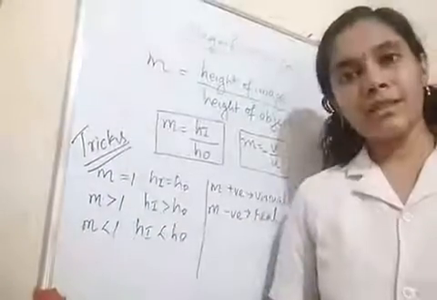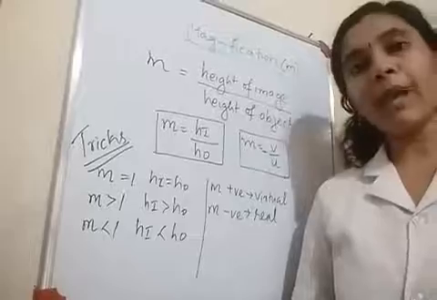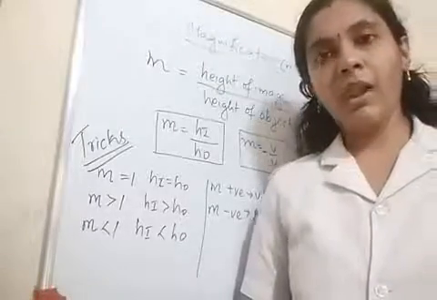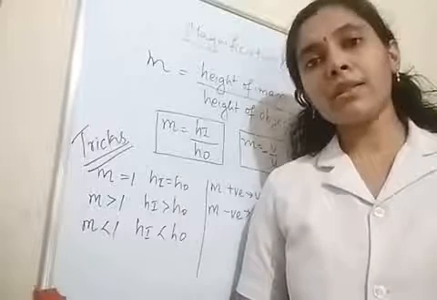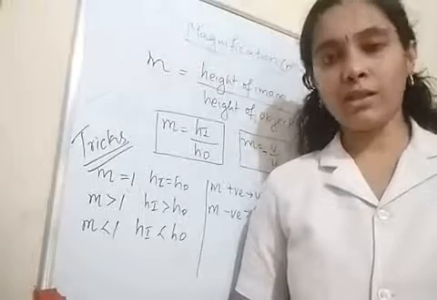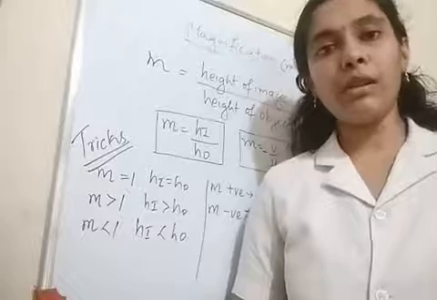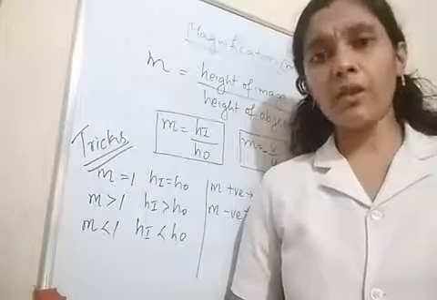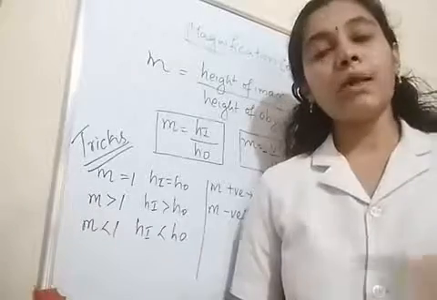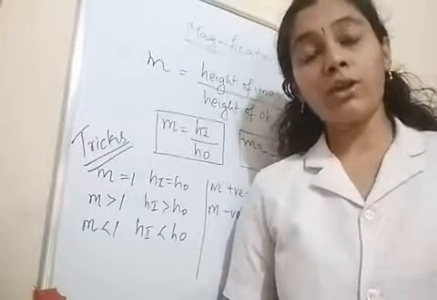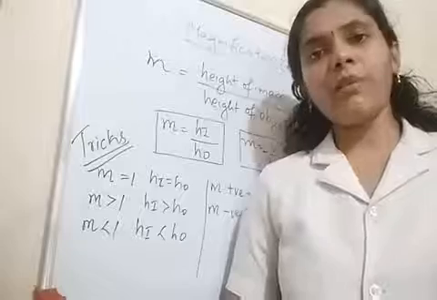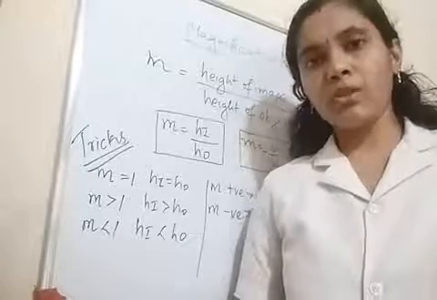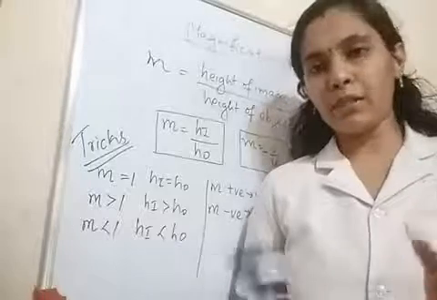Children, next let's discuss the concept of magnification. So what do you mean by magnification? We have discussed that a concave mirror sometimes produces a virtual image, and some other times it will produce a real image. Also, a concave mirror sometimes produces a diminished image, and sometimes an enlarged image. But a convex mirror always produces a diminished image. So we know about this enlarged and diminished.